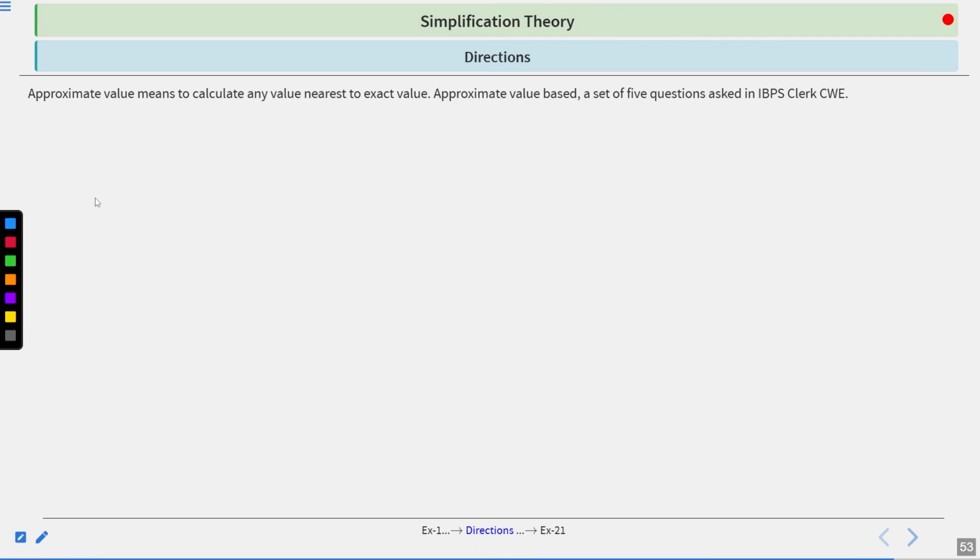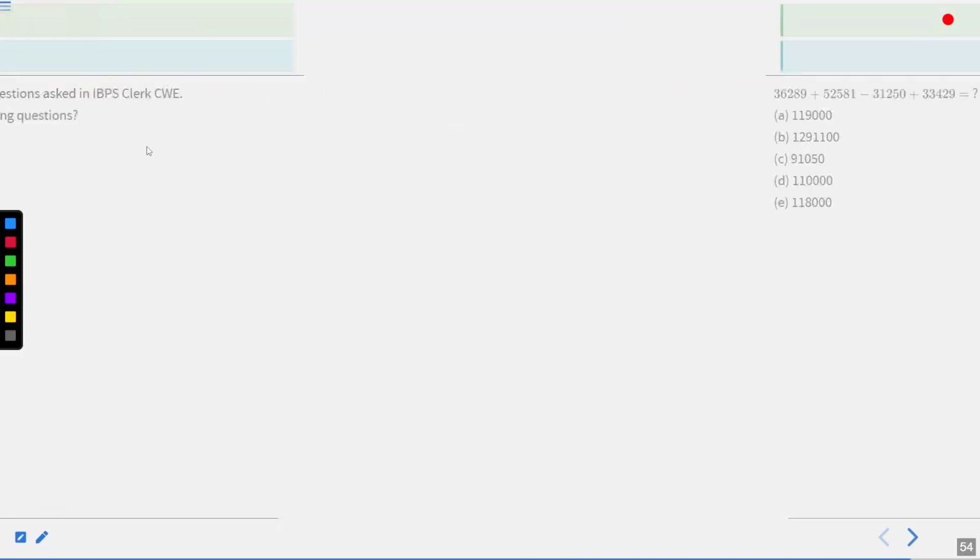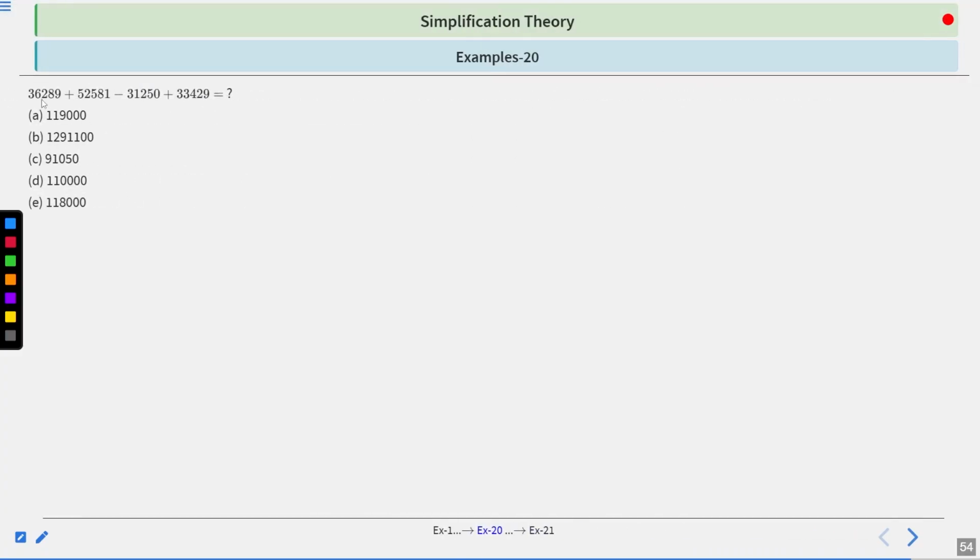Approximate value means to calculate any value nearest to the exact value. Approximate value based, a set of 5 questions asked in the IBPS clerk examination. Now see the direction for examples 20 to 21. What approximate value should come in place of question mark in the following question? Now the first example is